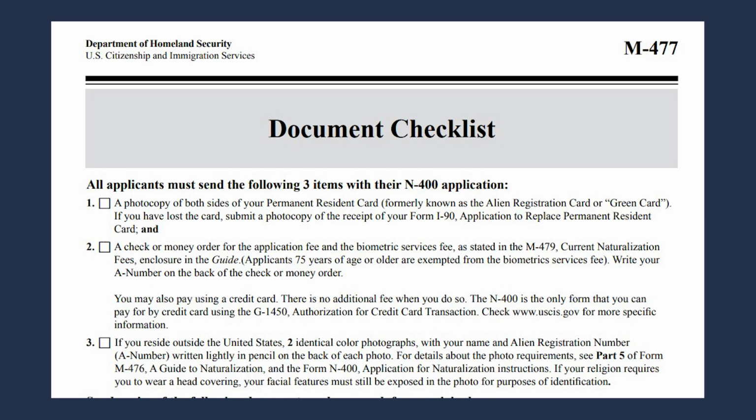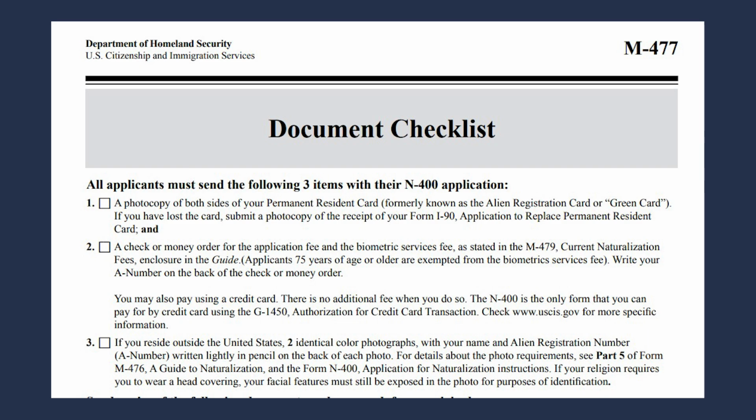Here is a document checklist when you apply for the US citizenship test. All applicants must send the following 3 items with their N400 application. 1. A photocopy of both sides of your permanent resident card. If you have lost the card, submit a photocopy of the receipt of your Form I-90 application to replace permanent